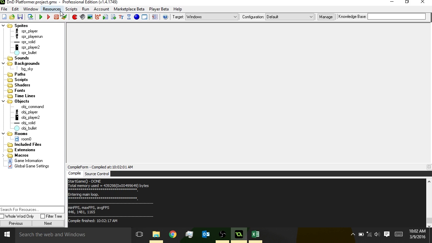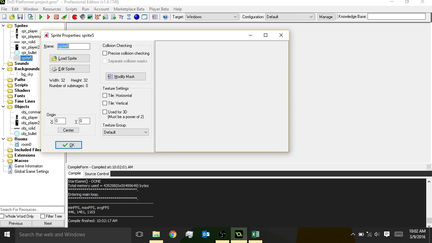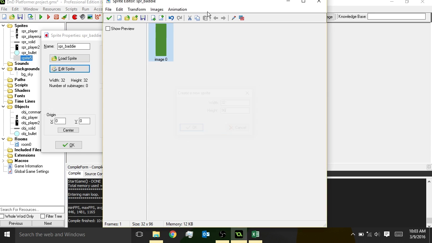Bad guys? How big's our player? Let's get something in the same ballpark. 120 by 64. So we're going to start a sprite, SPR, baddie. Edit sprite. We're going to do width of 32. We'll make him a little bit